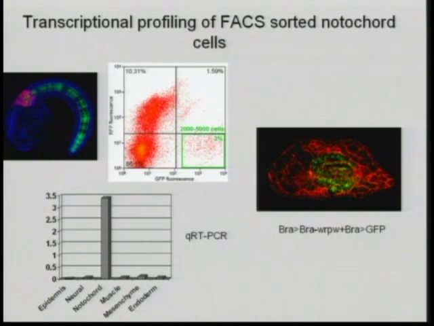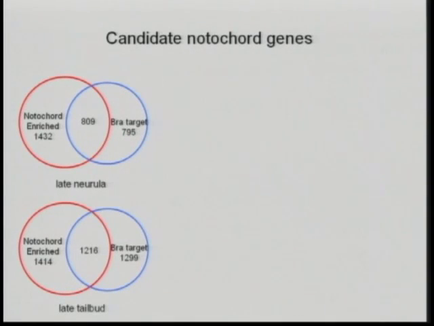So I fused the brachyury DNA binding domain to a considered active transcriptional repressor domain, WRPW. And by expressing this dominant-active brachyury in the Notochord, you can see it knocks down the Notochord fate, and also you lose the convergent extension of the Notochord. So by having this genetic condition, we can look for genes that are downregulated when the Notochord fate is